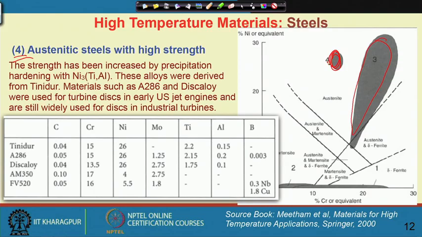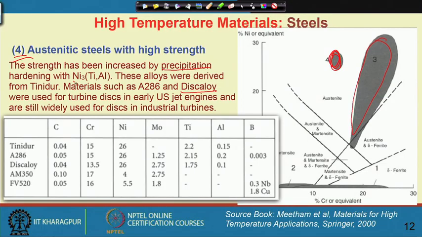So, in that case, the jet engines or turbine discs, where disc alloys are the common alloys that are used for those kinds of application. They are usually derived by precipitation strengthening or precipitation hardening by nickel 3 titanium aluminum type of precipitate. If you have a look at the very basic composition of Nimonic, here we have nickel and chromium and we have basically titanium. So, titanium, nickel and aluminum basically form these precipitates